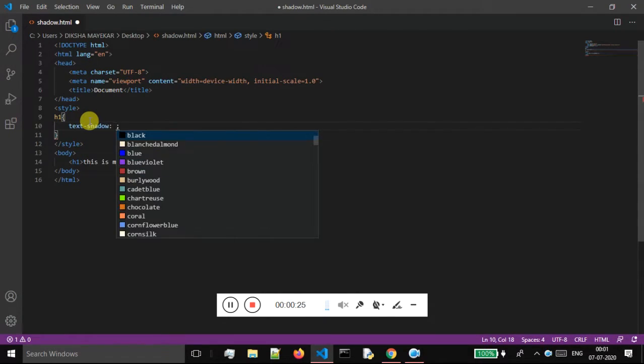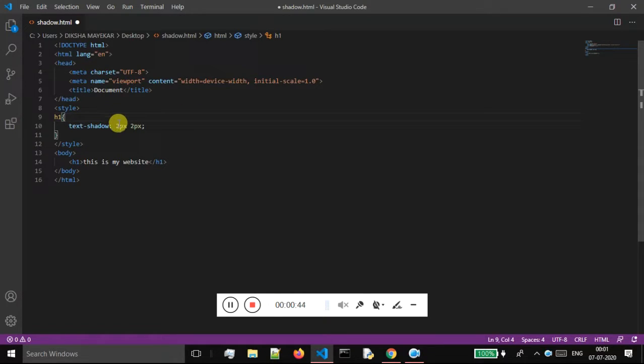I will say text-shadow, and then I will be giving two parameters. First I will give 2 pixels, and again I will specify 2 pixels over here, and now I will get the shadow on my text, which from the position of the text should be 2 pixels down and 2 pixels right. So this moves the shadow from the top to the bottom, positioned at 2 pixels, and this moves the shadow from the left to the right, 2 pixels away. Okay, so if I'm just saving this,